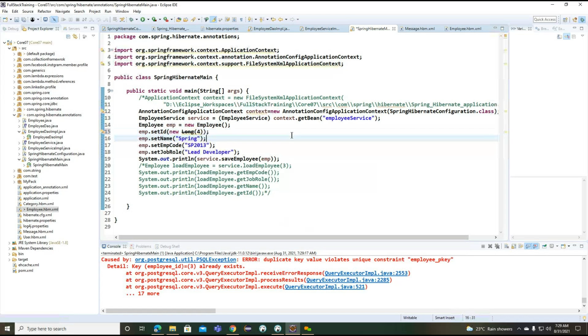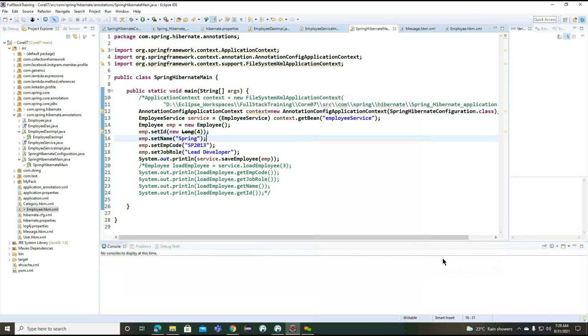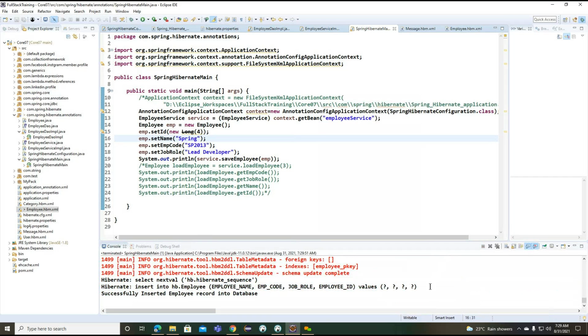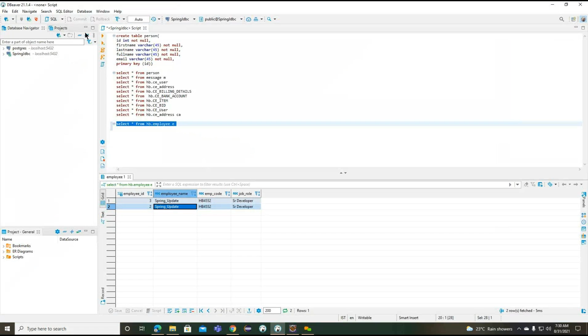Now I want to go for the fourth one here. The data is inserted into the database here. Observe, the fourth record is also inserted here.